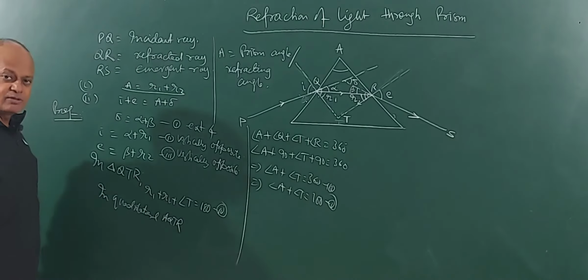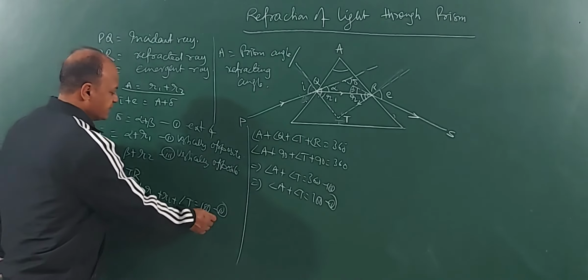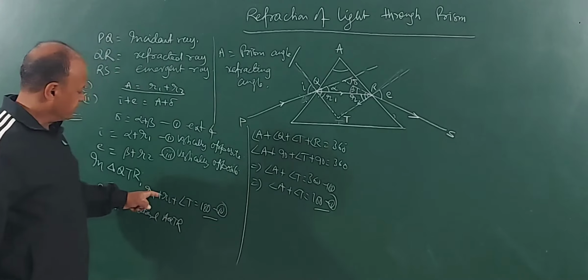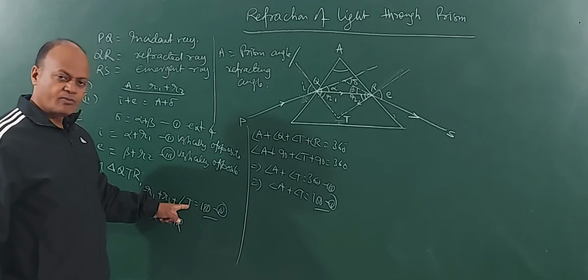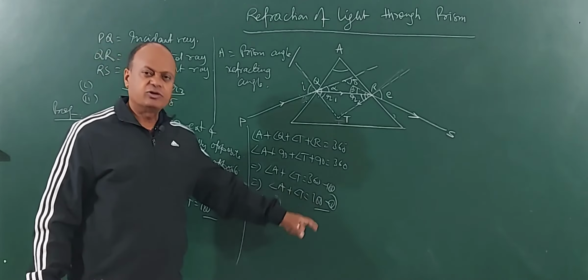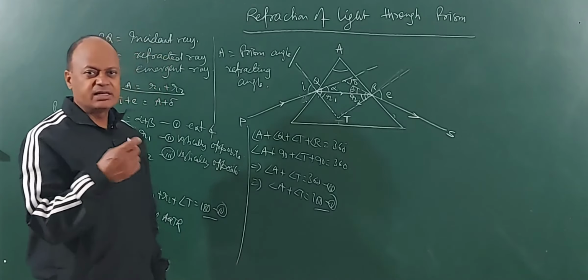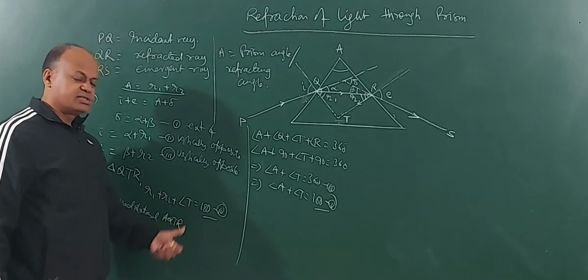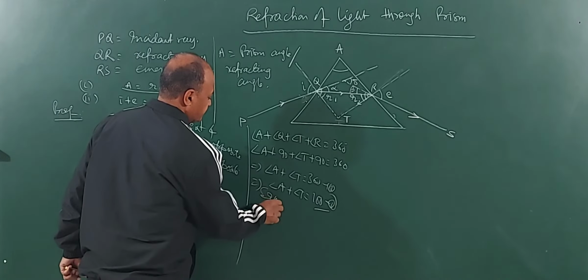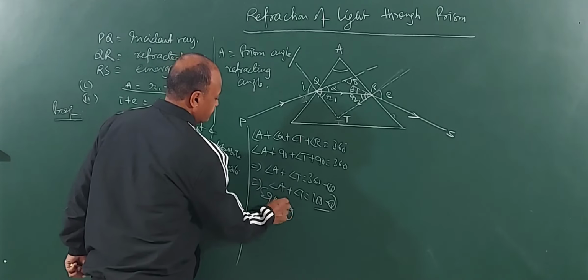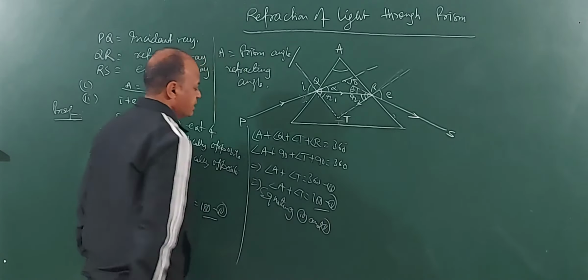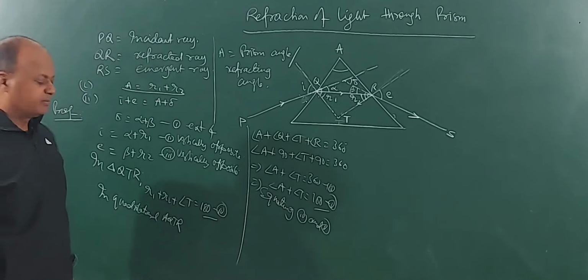So, when I look at equation 5 and 4, the right hand side of these two equations is how much you have? 180. R1 plus R2 plus angle T equals to 180. Angle A plus angle T is also equal to 180. So, if the right hand side is equal, the left hand side will also be equal. So, we will say here equating 4 and 5. Children, if you equate these two equations 4 and 5, then what do we get?